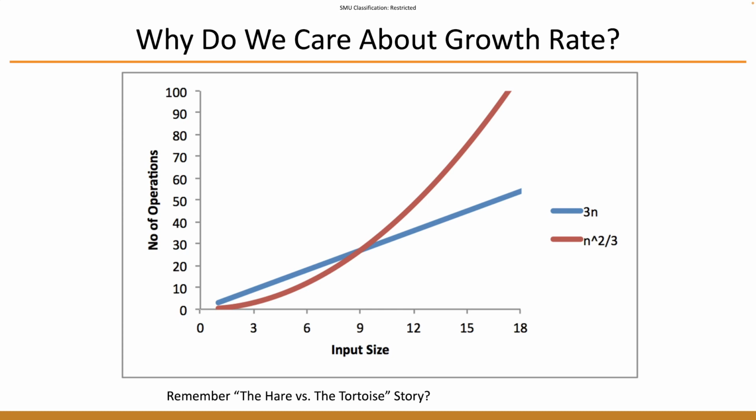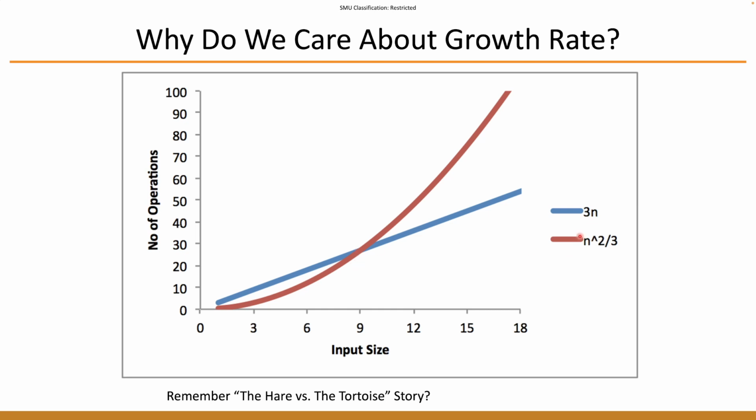This is the reason why we will focus on the growth rate instead of just looking at the number of operations. And here you can see that we actually have two different types of algorithm. For the first one, the growth rate of the operations is 3 times n, where n represents the input size. The second line over here in red is n squared divided by 3. So you can see that although initially it seems the blue line is above the red line, because n squared is growing much faster than n, eventually